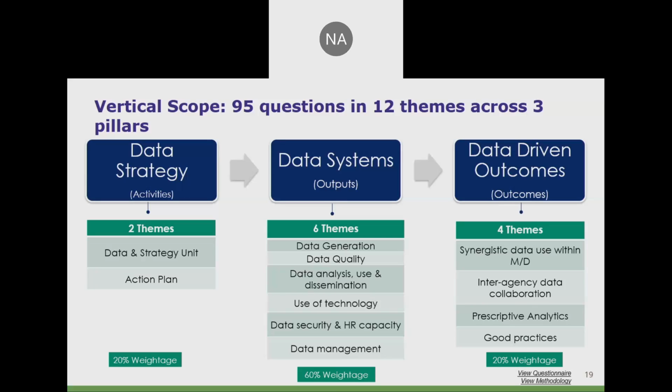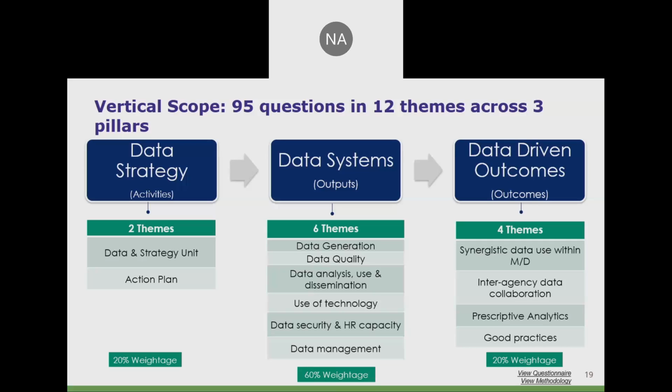So under this pillar, these two themes were covered, where we essentially assessed whether the ministries have set up these DSUs or not, whether these are functional or not, and also whether the action plans have been prepared, and if they have been prepared, whether they are also getting implemented in a timely manner. The next step after a data strategy is laid down is to start implementing the strategy, with the outputs of which will get reflected in the form of robust data systems. So this is the second pillar, which was data systems, where we have 6 themes covering